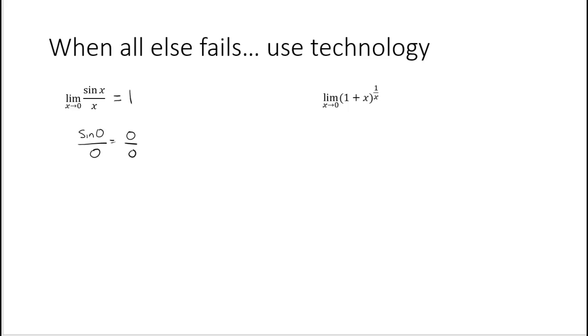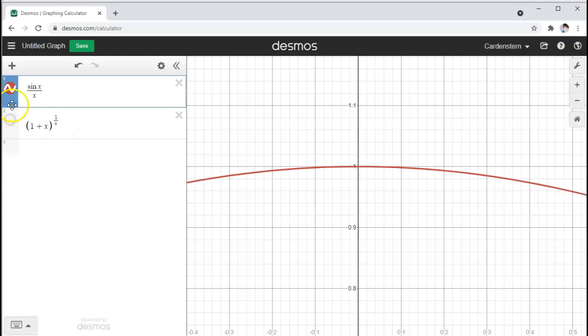A second example we might see is something that looks like this. Again, limit as x approaches 0 of this. So this will just be 1 plus 0 and then 1 over 0. Well, 1 plus 0 just gives me 1, and then this becomes 1 over 0. Now, this is not the indeterminate form, but I also can't tell what 1 to the power of this fraction is going to be because it's undefined. So again, I want to rely on